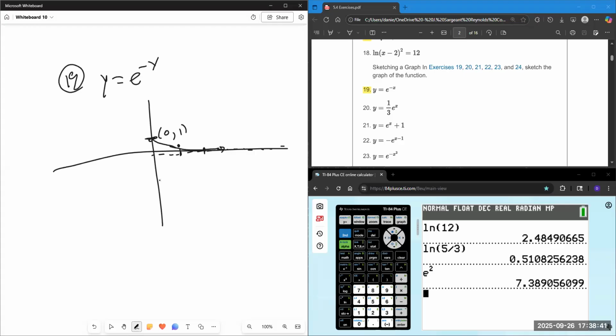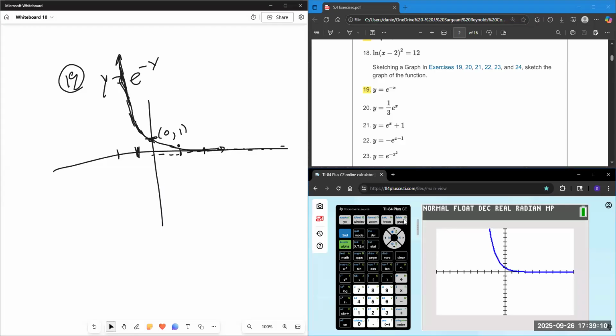And it's going to get smaller and smaller, closer to 0, but not ever get there. And at negative 1, it's going to be at e. And then at negative 2, it's going to be at e squared, which is way up here, and it keeps growing exponentially that way. So if you want to see a better graph of that in the calculator,